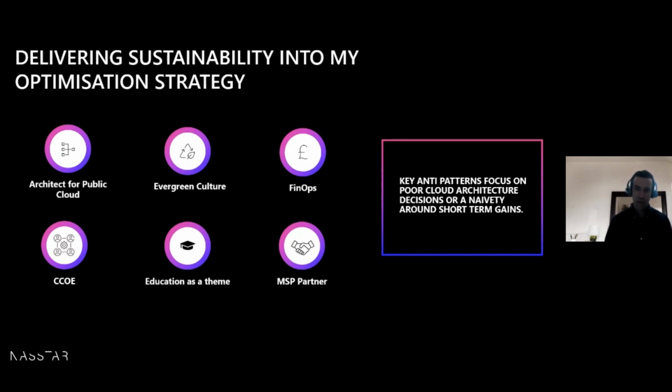The first anti-pattern is that first box there, architect for public cloud. So many businesses will just try to recreate what they've already got in the legacy world in public cloud. And then they'll come and have a conversation and say, I moved to public cloud and it wasn't any cheaper. What did I do wrong? And it's a case of, you need a public cloud trusted advisor who can help you make those strategic decisions.